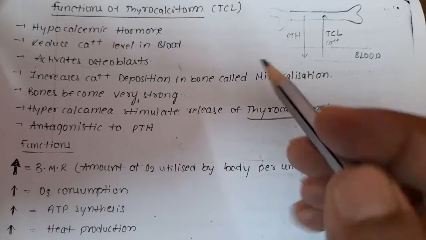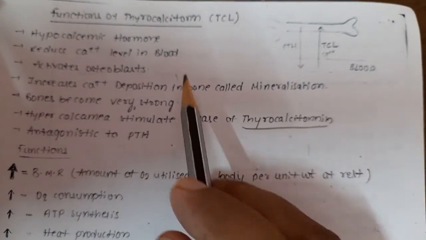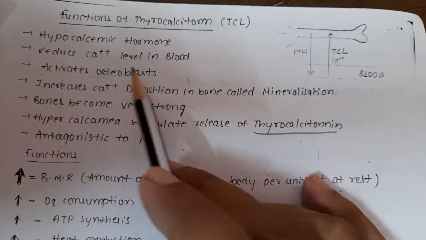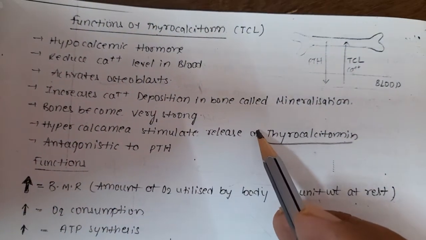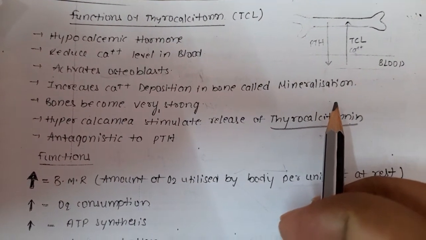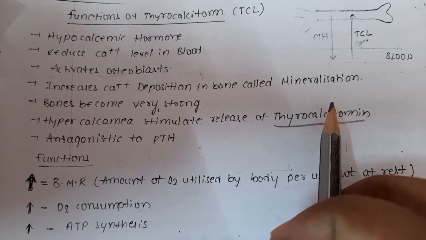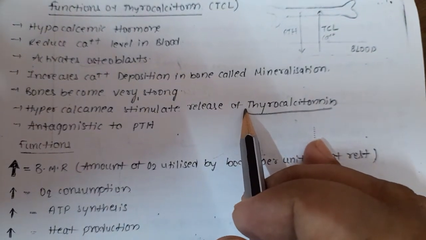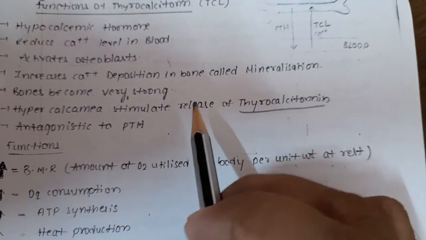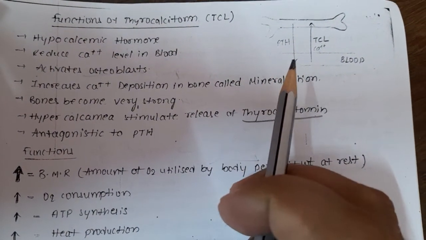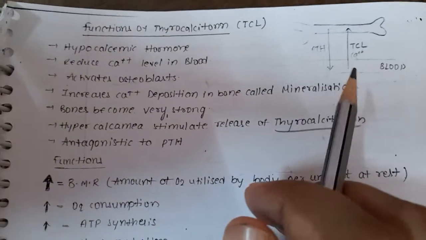Now let us talk about thyrocalcitonin. First we talk about the functions of thyrocalcitonin, then we go to the functions of the thyroxine hormone. It is called a hypocalcemic hormone. Now you must know what a hypoglycemic hormone, hyperglycemic hormone, hypocalcemic hormone, and hypercalcemic hormone are. These four are important. They may ask in one matching bit. Which hormone is produced in a hypocalcemic condition, hypercalcemic condition, hypoglycemic condition?